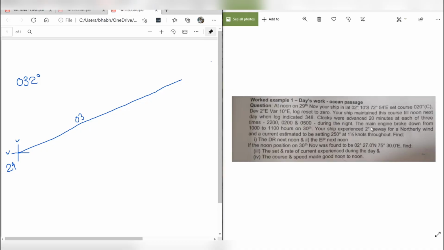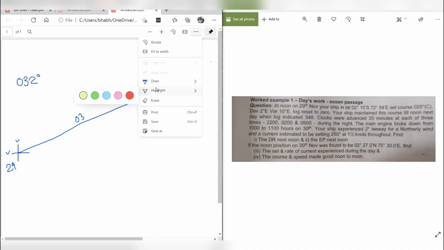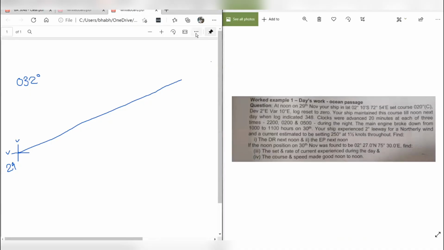We experienced a 2-degree leeway for a northerly wind. Okay. So beta, now tell me, if there is northerly wind, that means the wind is coming like this, and there is a 2-degree leeway, what will be our leeway track? 034. Very good. So these degrees will be added up, and the leeway track would be 034. So this is the course which we should be using. So 034